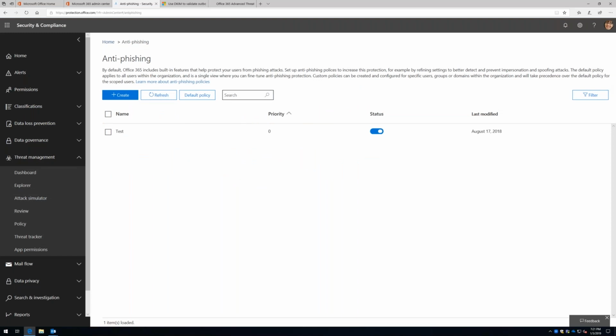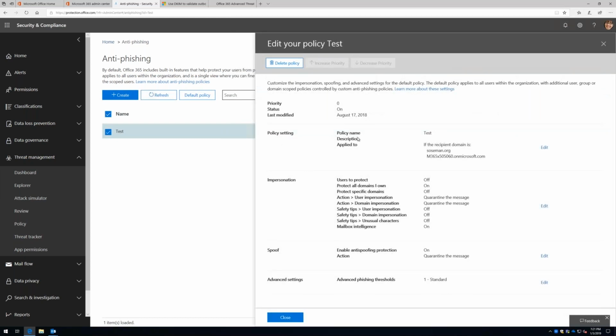So as part of advanced threat protection, it's not just the safe links and the safe attachments capability. There's also capability to protect against spoofing and impersonation. So when I click on that, I have the option to create a policy, and I'm just going to go into my policy here. And as you can see, this can get pretty complex pretty quickly. And so definitely this is where somebody like Agile IT can help you through this and help make sense of this for you. But this allows me to do a few different things here. So let's step through it and I'll explain.